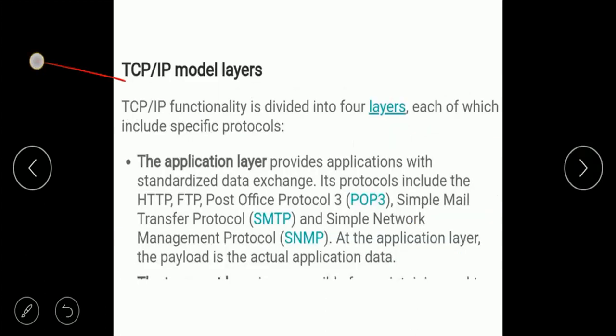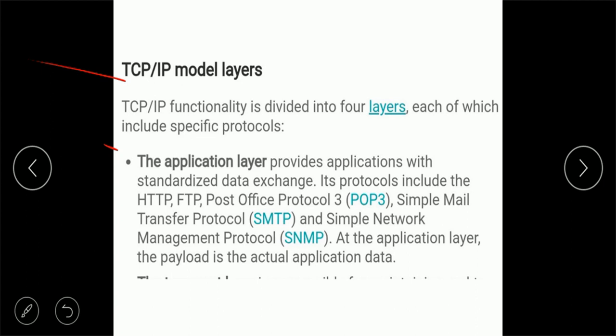Here you can see the TCP/IP model layers. TCP/IP functionality is divided into 4 layers, each of which includes the following protocols. The application layer first. The application layer provides applications with standardized data exchange.